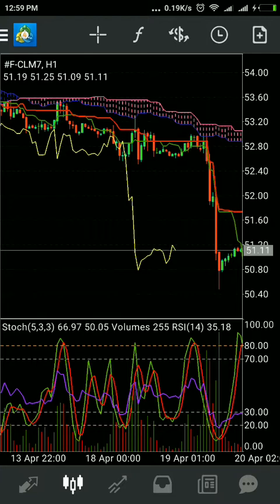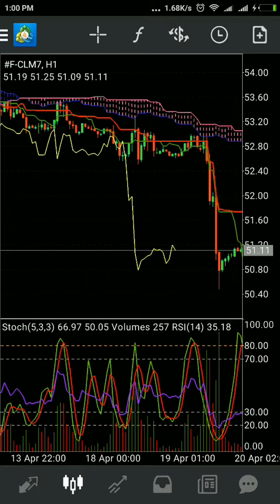Most of the time, what happens with traders is that when we are in any position, buy or sell, we don't know exactly where to book our profit. Sometimes we are earning 50 or 70 pips in a trade, but suddenly the market reverses and takes all our profit, and sometimes our SL is hit too. This indicator will help us know when to book the profit, and you will get a significant sign if the market is going to reverse.